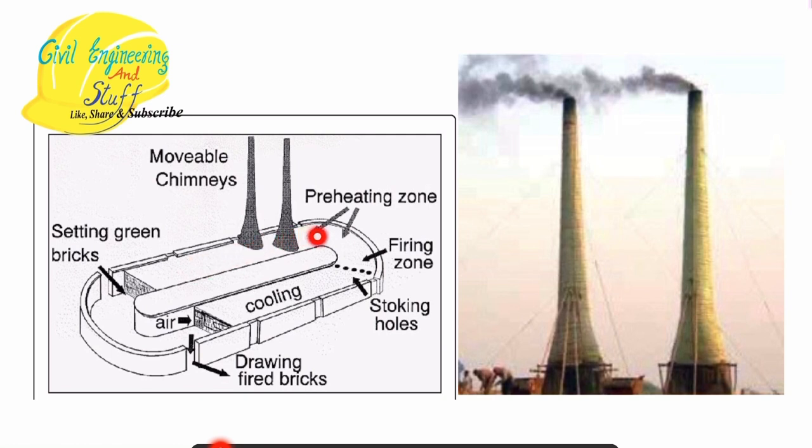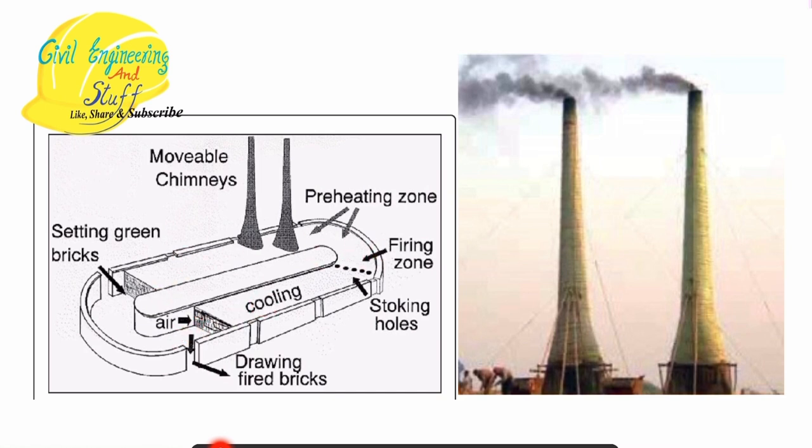So once the preheat is given, after that they enter the fire zone. Now here the required heat treatment is given to the brick, right? And after this, they are moved from there and brought to the cooling zone. So the heated bricks are brought here to the cooling zone, and once they are cooled, the bricks are removed from the bull trench kiln, right? So the proper arrangements are there, right from the inserting of the green bricks to the removal once they are burned to the desired proportion, right? And then we have chimneys which take out the excess fumes and gases from the kiln.